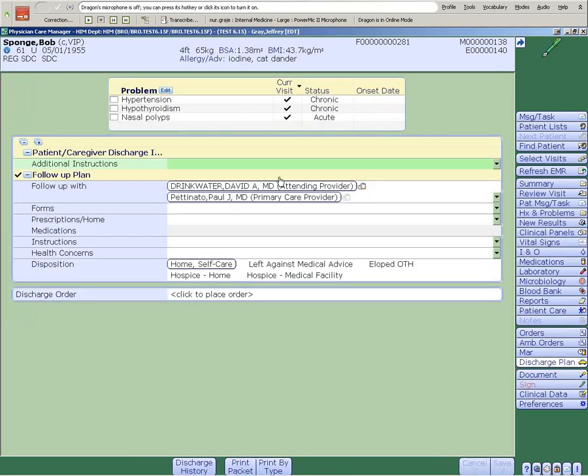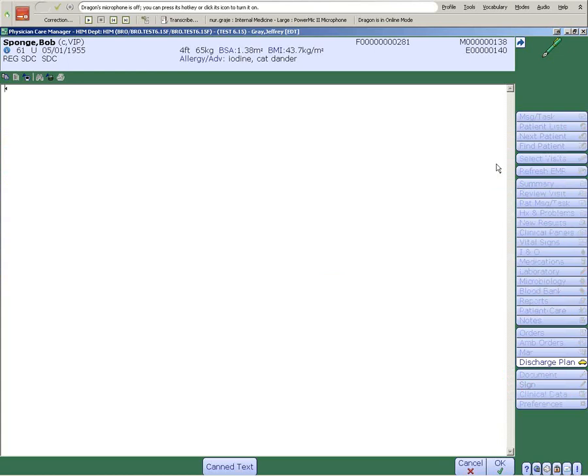You'll notice the first field, which we routinely see, is the additional instructions. In this scenario, I'm going to demonstrate that I have created my own specific and specialized discharge instructions for this procedure. I'm also going to include the standard same-day surgery, post-operative, post-anesthesia instructions, which you are familiar with. By opening this free text field, I have created macros for each of these. The first is detailed instructions regarding what I would like for this patient